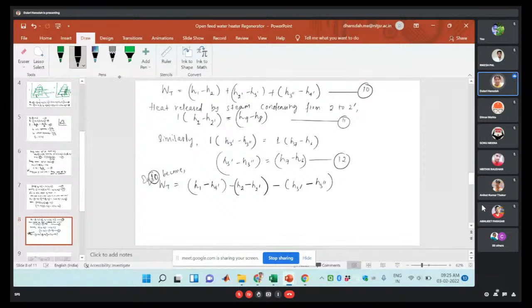So I have rearranged this turbine equation so that it is given in the format of the heat released